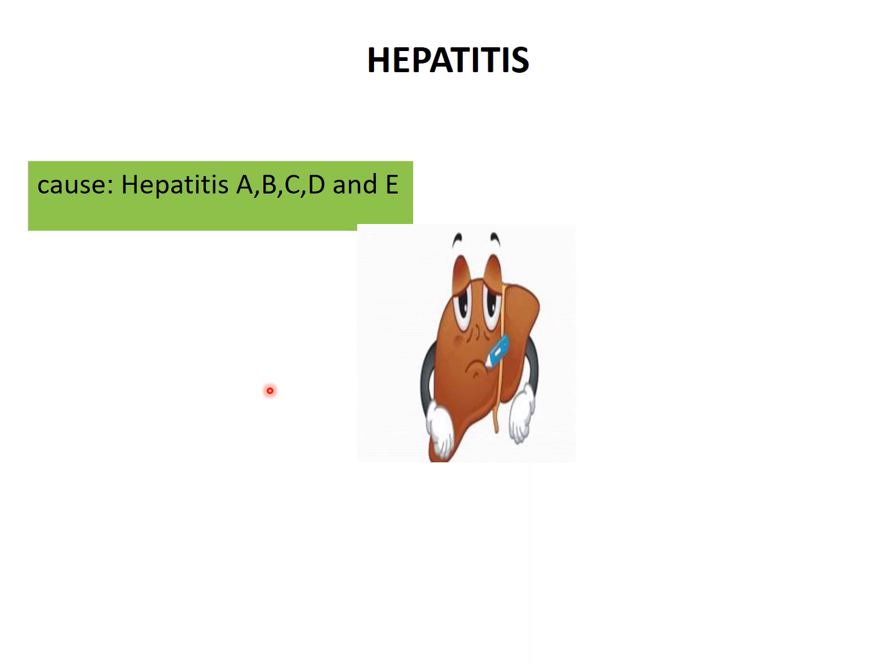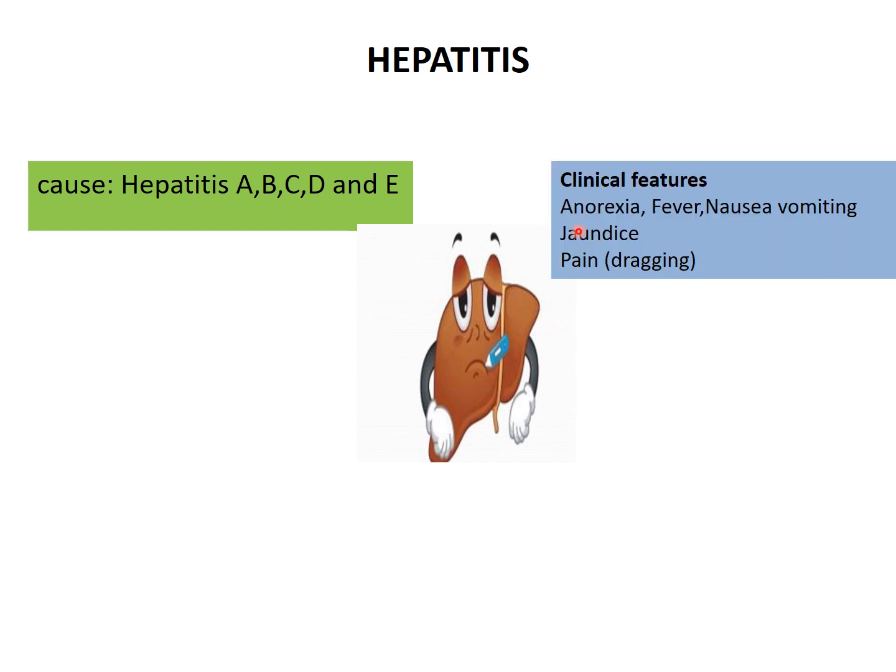Now coming to the applied part of liver physiology. Applied means when the liver is diseased. The first disease we are studying is hepatitis. Hepatitis refers to the inflammatory condition of the liver. This hepatitis is caused by hepatitis virus. It can be A, B, C, D or E. Hepatitis A is caused by virus A, which spreads through the fecal-oral route, and hepatitis B transmission is through blood. So you must have also been vaccinated against hepatitis B.